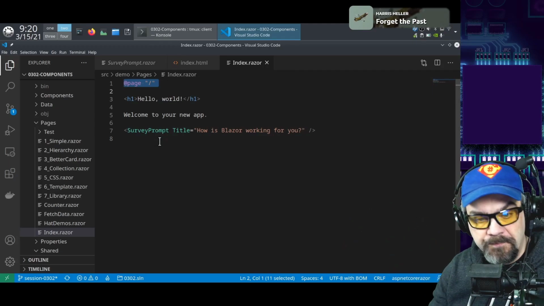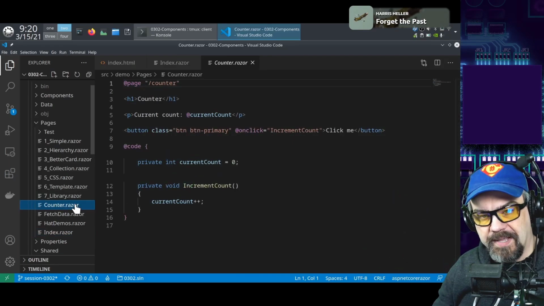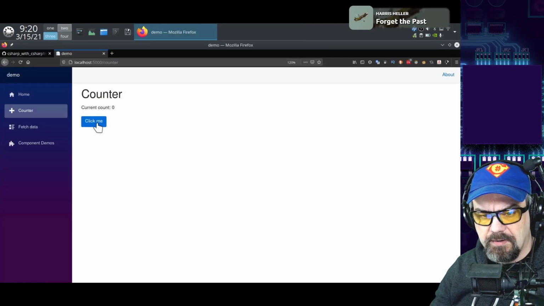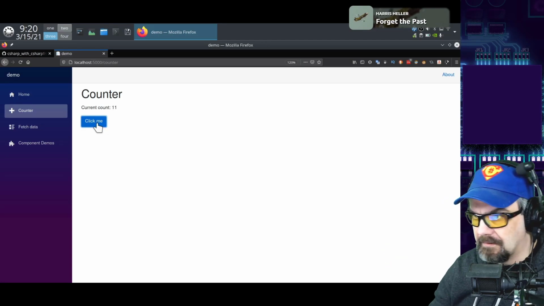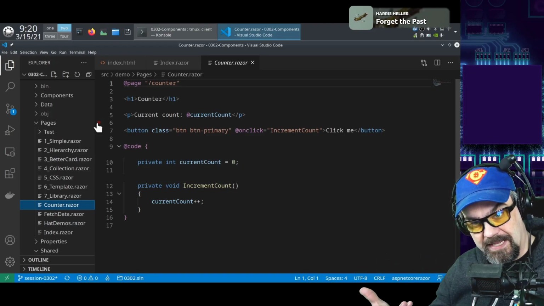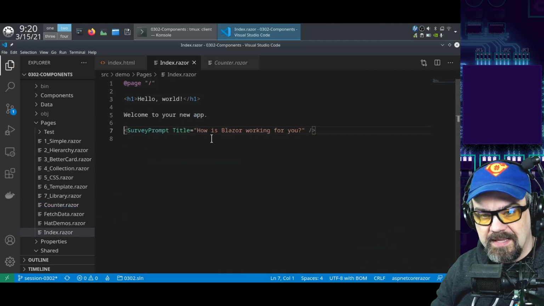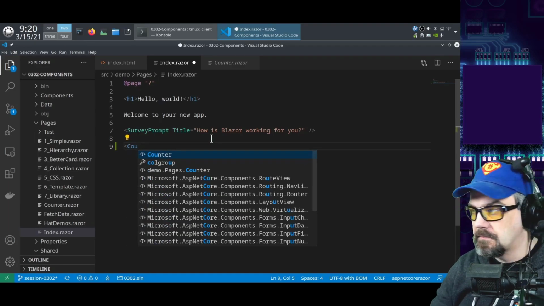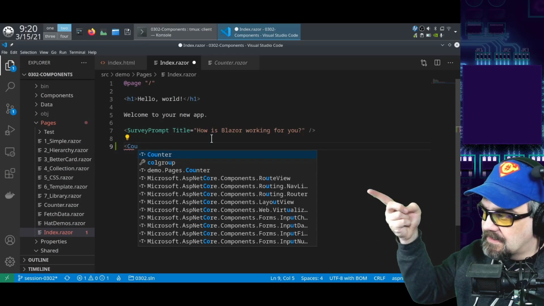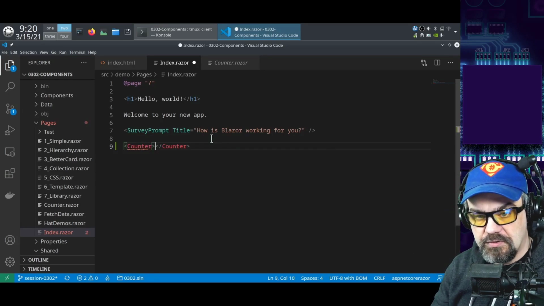Ooh, okay. So one of the default pages that comes with the template is this counter page, and you see it answers on /counter, right? And we've seen this before. I click through to the counter demo, and there's this button, and I can click that, and big deal, it counts up. But this is a Razor template. This is a Blazor page, but a Blazor page is also a component. So I can go into index here, and beneath my survey prompt, I can start typing counter, and because Visual Studio Code has IntelliSense in it, it says, I know what a counter is, a counter component. And I can just reference that,